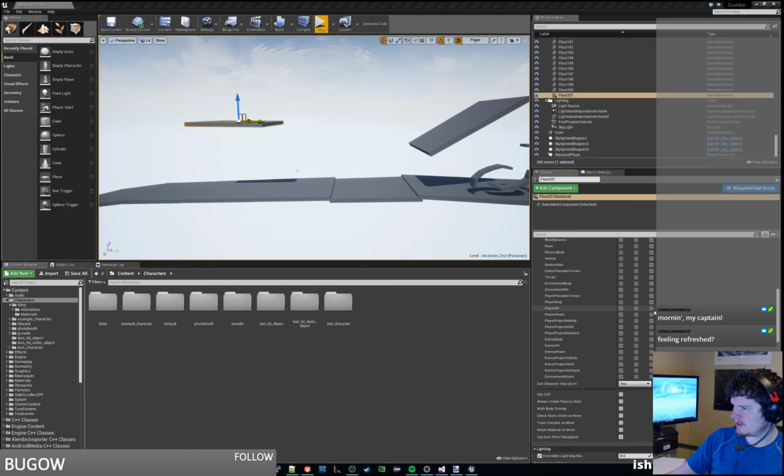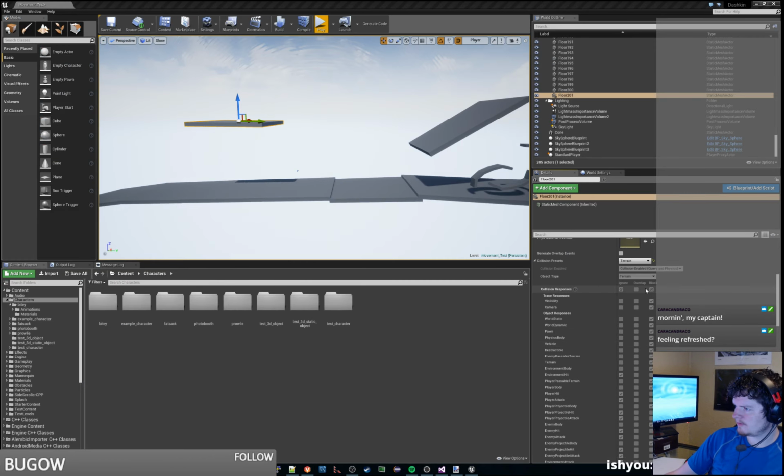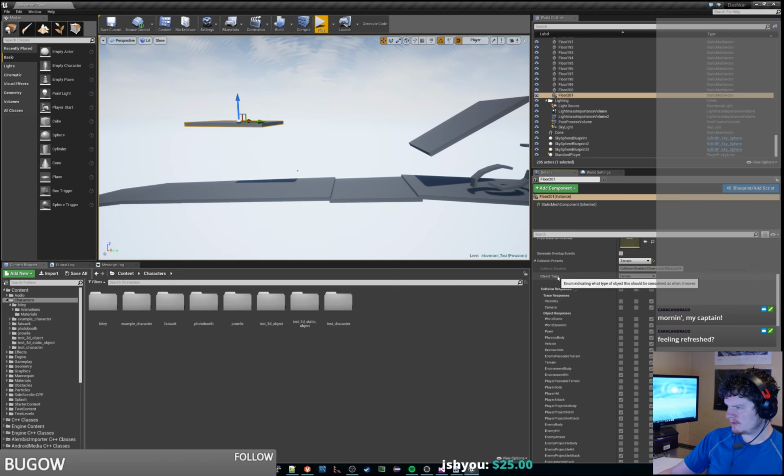So I guess what we need is the collision response to be set so that we need visibility to overlap for stuff. So we need to be able to change... basically we want a custom